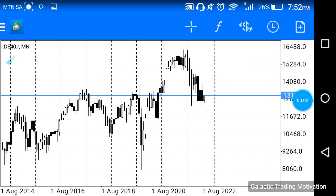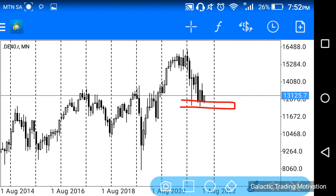Hi guys, let's have a look at DE40. You guys can see that I'm on the monthly chart, and on the monthly chart we can see that the market seems to be rejecting at that level. And the reason why the market is rejecting at that level, in my humble opinion, is because previously we had